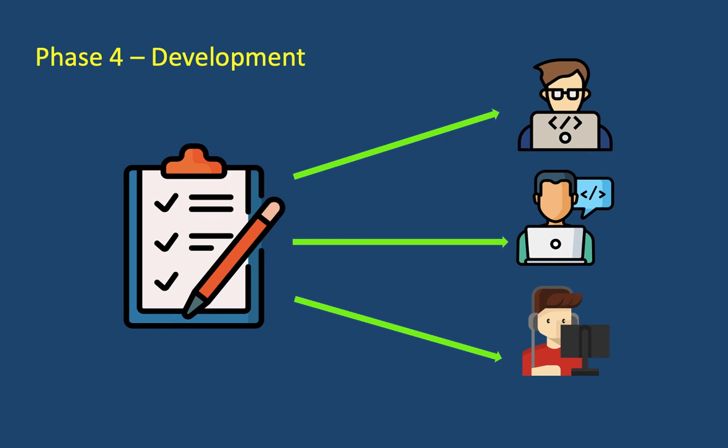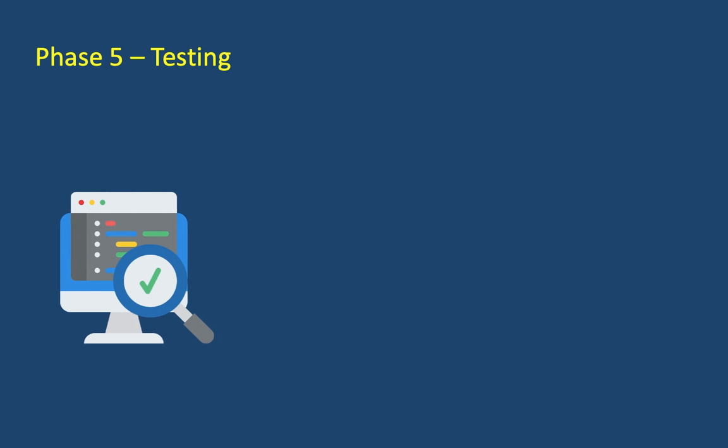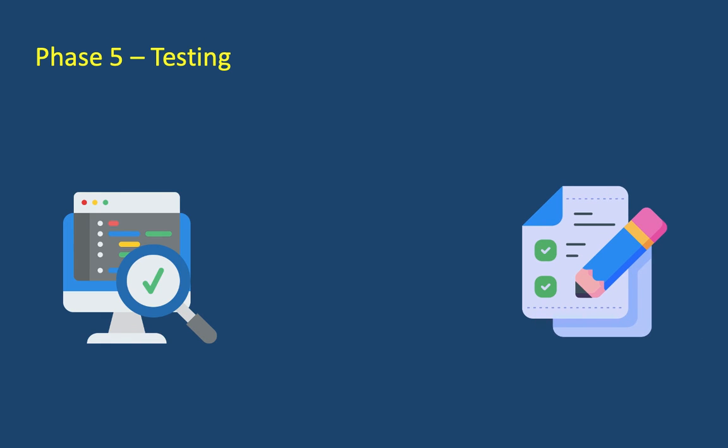Once the coding stage is complete, then we apply different testing techniques to our product in the testing phase, which is the 5th phase. Testing team starts testing the functionality of the entire system. If you remember, we had some requirements from the customers. In this phase, we test the product to verify that product works as expected.